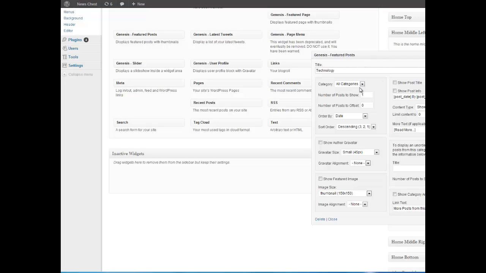We'll title the section of the page technology, and then we'll associate the technology category with it. For now we'll show one post, and we'll go ahead and show an image along with it and maybe align it to the left. We'll show the title of the article as well, but nothing else. Just the title and a little bit of content, maybe up to 80 characters or so of content with the words read more. And we'll save that, and then